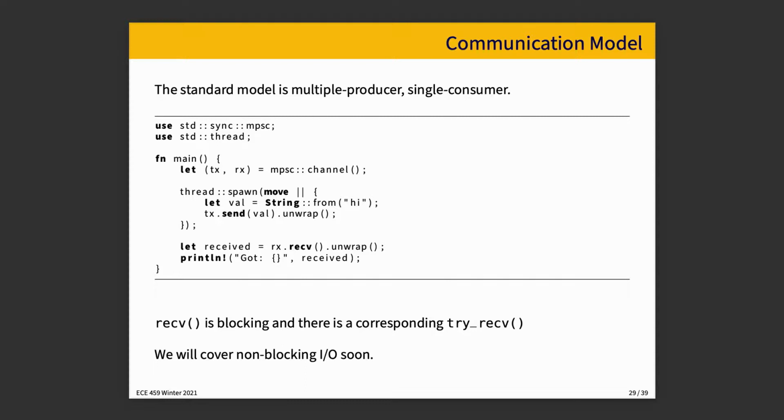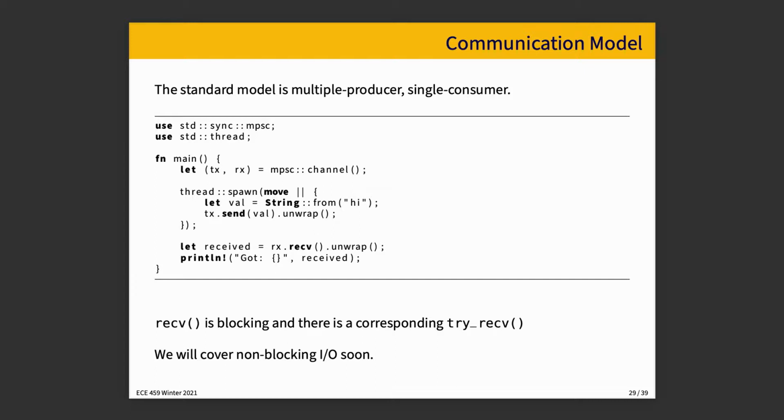Okay. So if you want to create such a thing, you add the standard include mpsc, multiple producer, single consumer. That's why it's called that. And you create a new one using the channel function. And the channel function actually returns two values. It returns the transmit end and the receive end, and they're returned as a tuple. You can call them whatever you want, but we've called them tx and rx